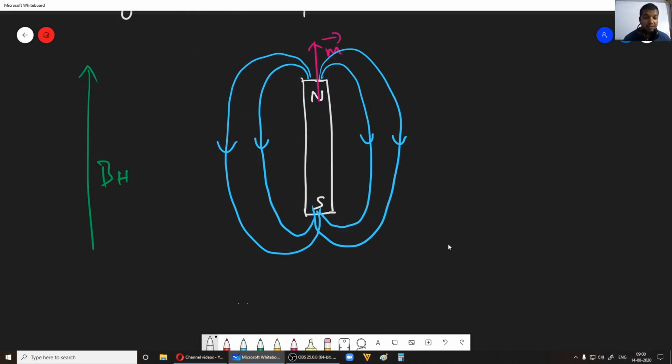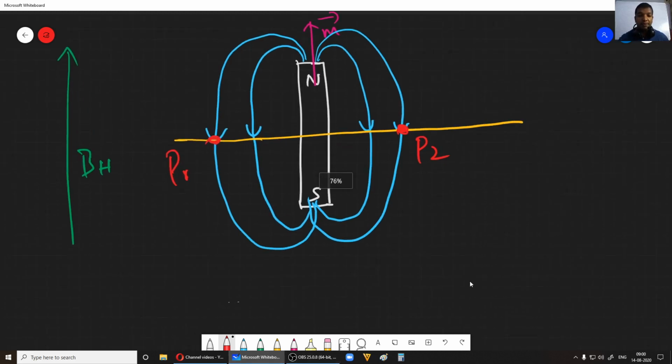Say this is the magnetic equator, so it lies somewhere here. It is true because these are the points which are close to the magnet. When you keep going farther and farther along the magnetic equator, the magnitude of the magnetic field due to the bar magnet gets reduced. For that, we will consider 2 points P1 and P2. Say P1 and P2 are the neutral points.